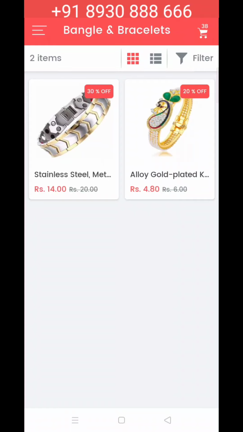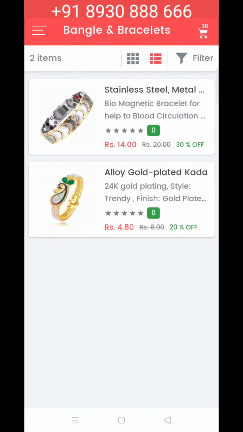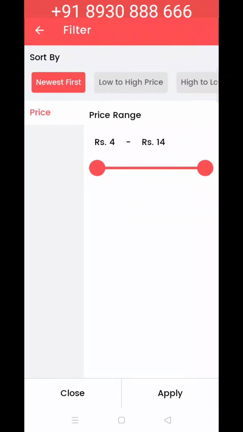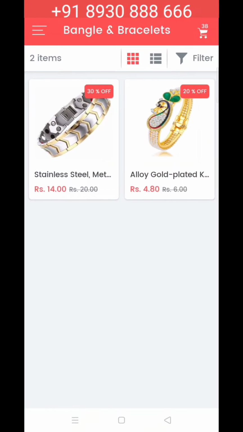These products can be viewed in list view or grid view. You can filter the products from the filtration box and apply the filtration according to price high-low, top rating, top selling products. You can put many filters there.